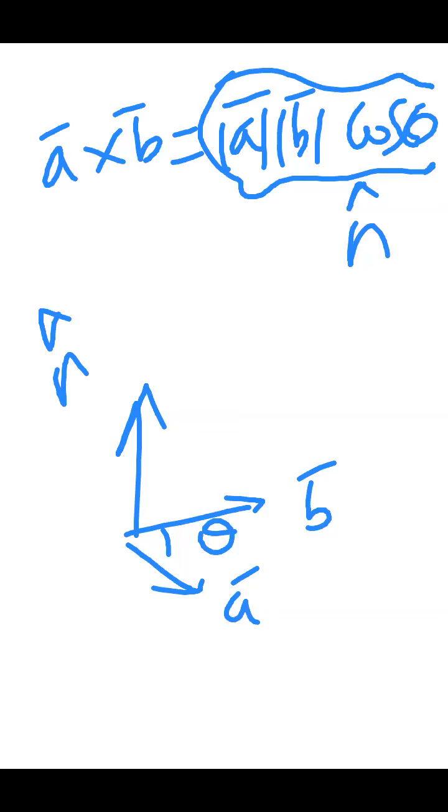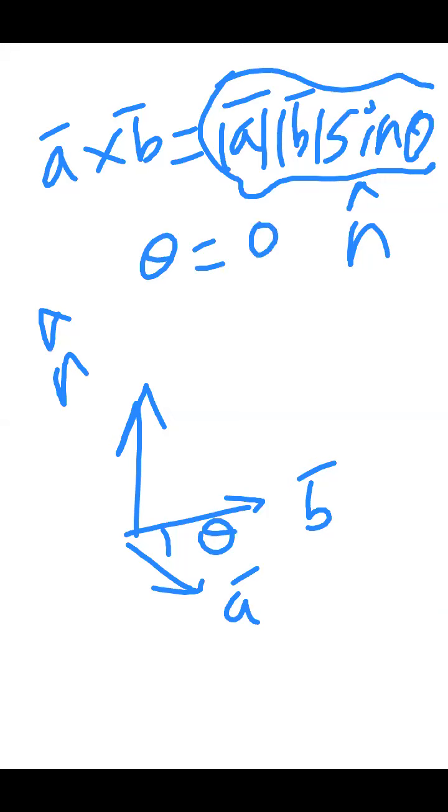Then I think I have written it wrong here. In case of cross product, it is sine theta. In case of cross product, it is sine theta. And please somebody tell me, if theta is 0, can you make a plane? Can you make a unique plane if theta is 0? No, sir, you cannot make it. Please imagine yourself. If theta is 0, you cannot make a plane. You cannot make a vector. That's why it is coming as 0.